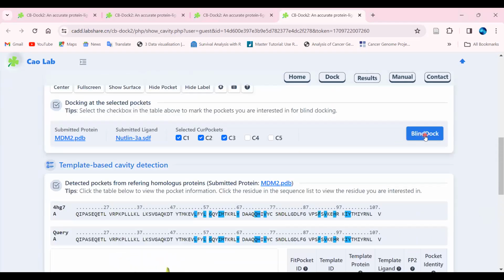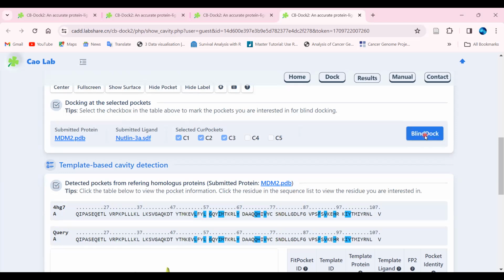Okay, whatever you think, if you want to go with the blind docking, or else you want to go to the second step, that is template based. So accordingly you can perform the docking, and again you can get to know more about your drug as well as the protein targets, and then using the specific pocket regions you will get a desired best docking study. Okay, we will try both the things.